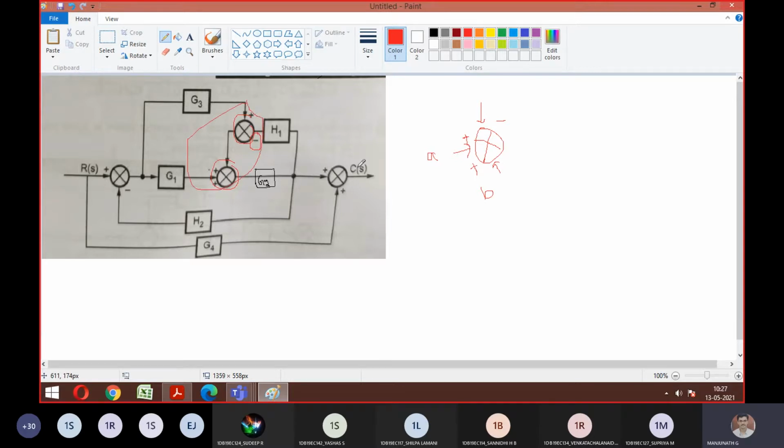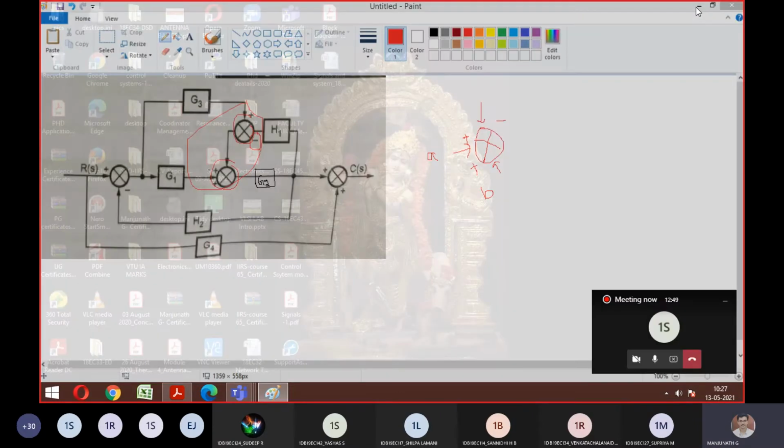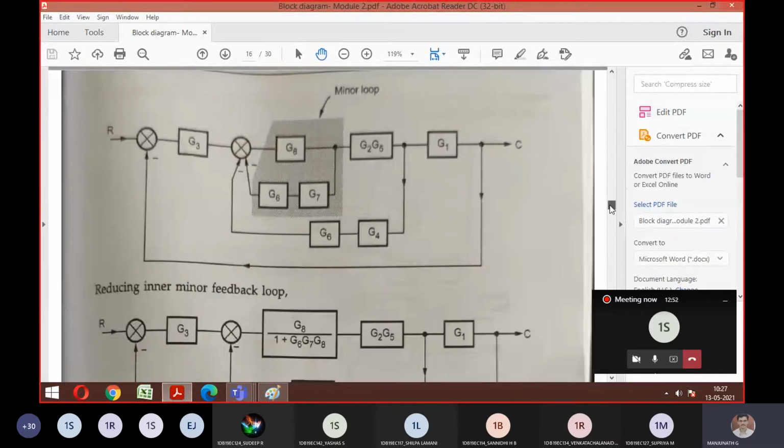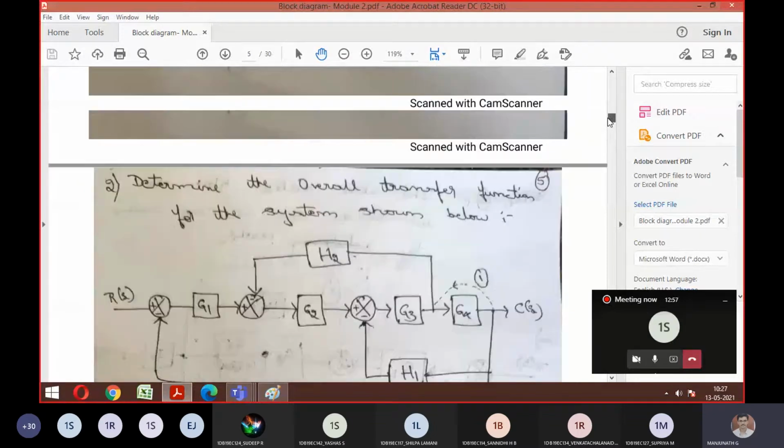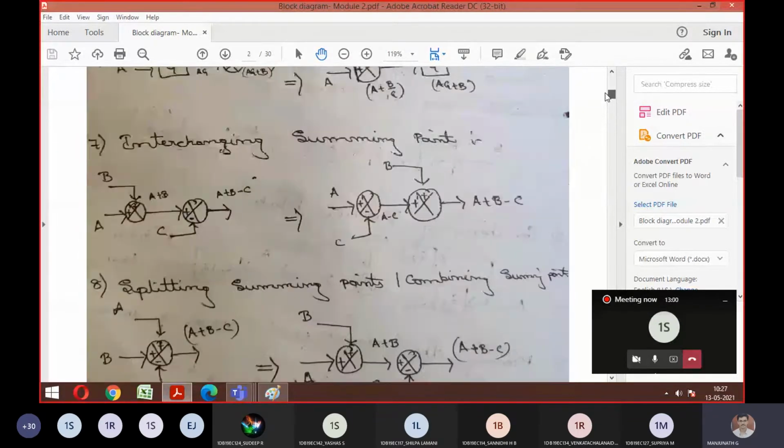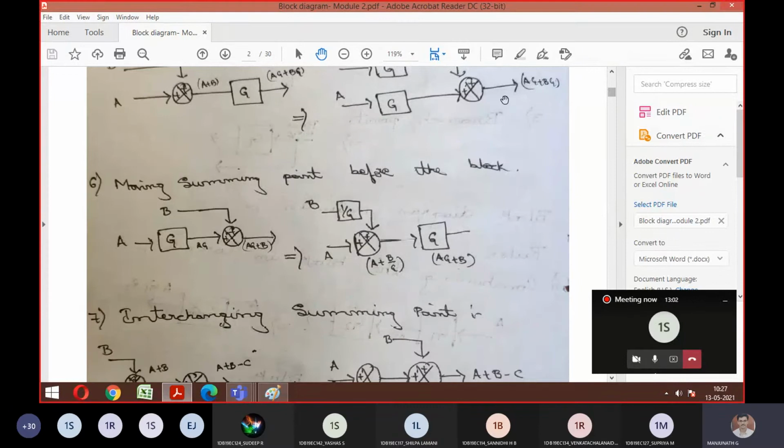So do you want me to show the reduction technique once more, or is it understood? Okay, let me show that. I hope you people have already forgotten. So the reduction technique. We wrote 9 steps. So in this logic, was there where I can move this? Can you make out this question, everyone?